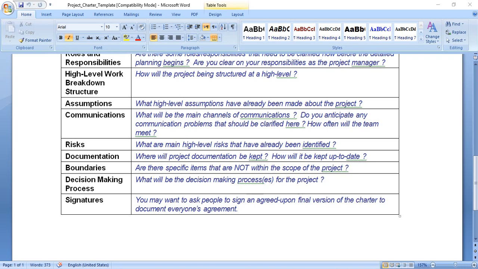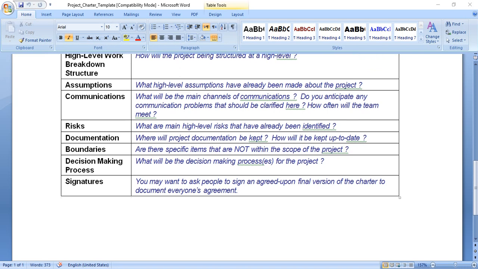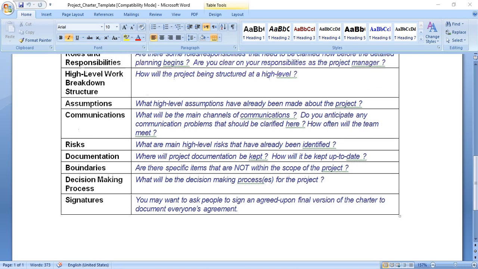Decision making process: what is the process to take a decision? We should mention the sequence of the decision makers also, for example the project manager, if not the construction manager, if not the engineer, and so on.